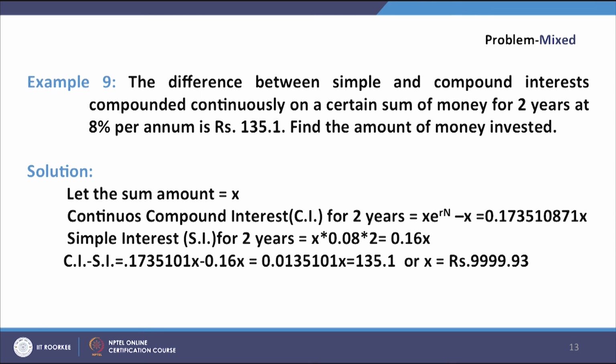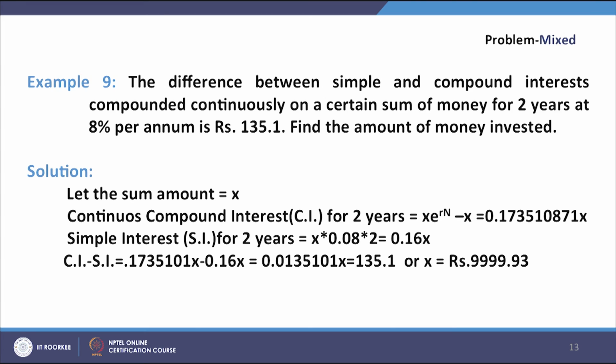Now, again a mixed problem, example 9. The difference between simple and compound interest compounded continuously on a certain sum of money for 2 years at 8% per annum is rupees 135.1. Find the amount of the money invested. Let the sum of money be x. So, continuous compound interest for 2 years will be x into e to the power Rn minus x, which comes out to be